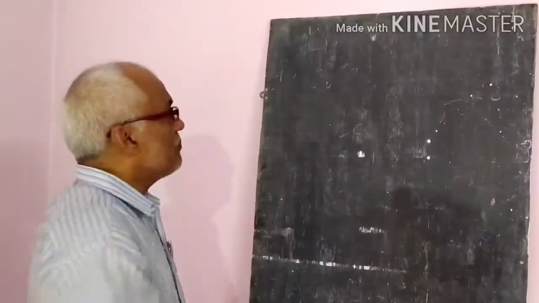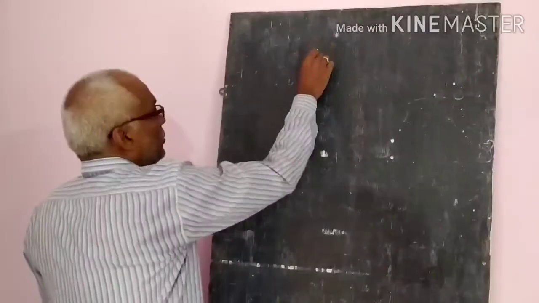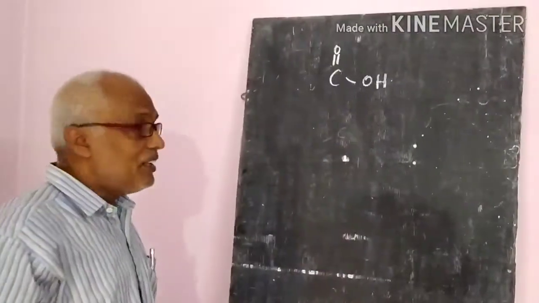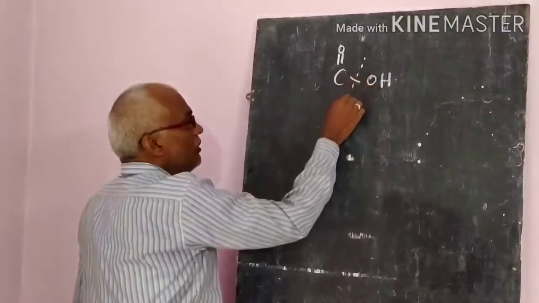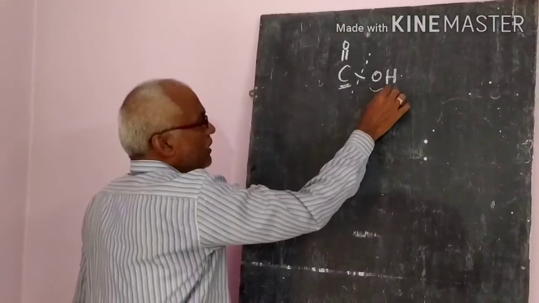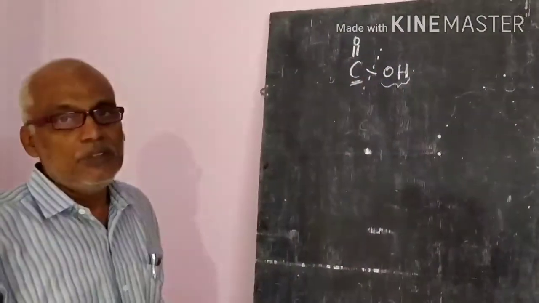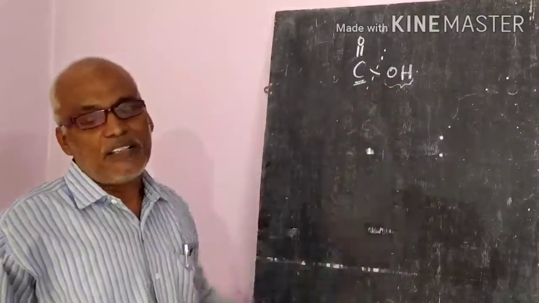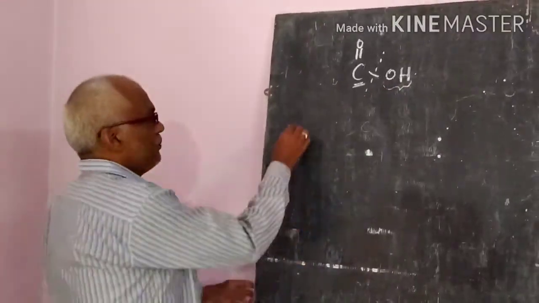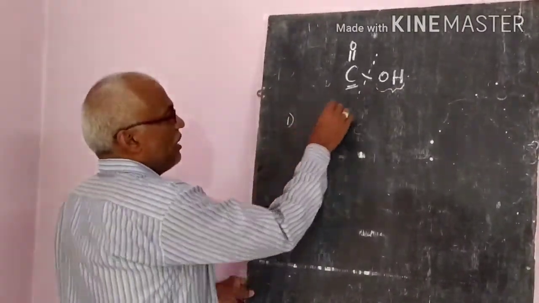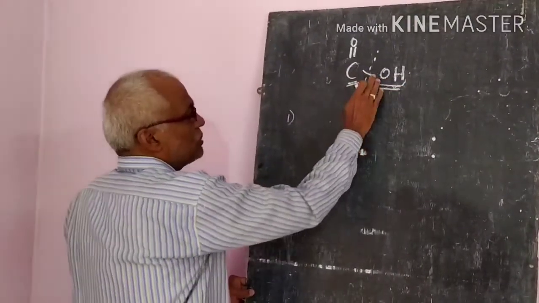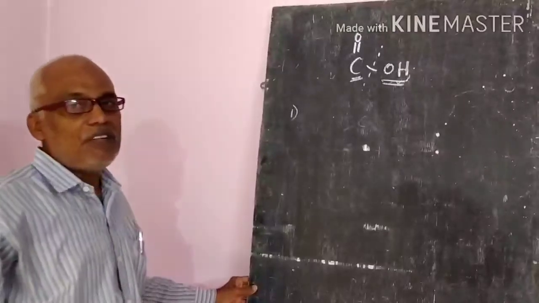Now we will see, in the carboxylic acid group, the chemical reactions that involve the breaking of the carbonyl carbon and the hydroxyl group. So let us see these reactions. There are 4 reactions here. First, the reactions involving the carbonyl carbon and the OH group, where the OH group will be deleted. How will it be deleted?